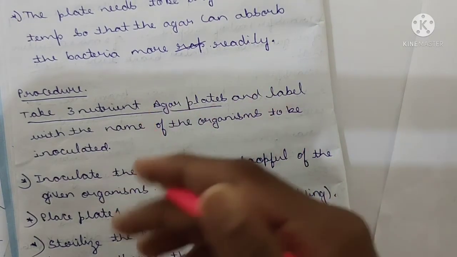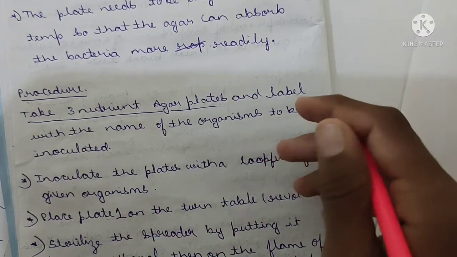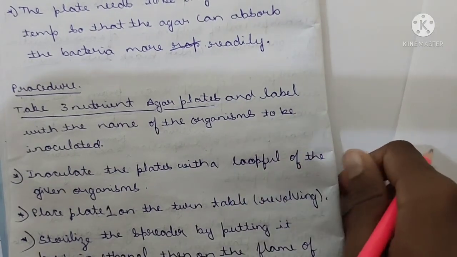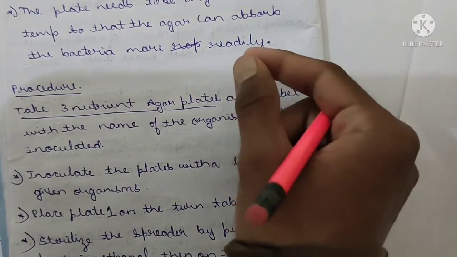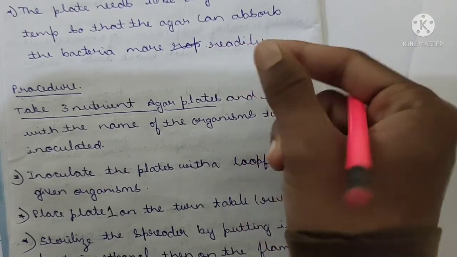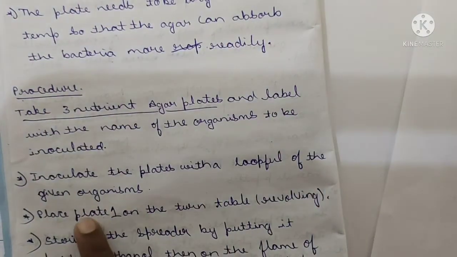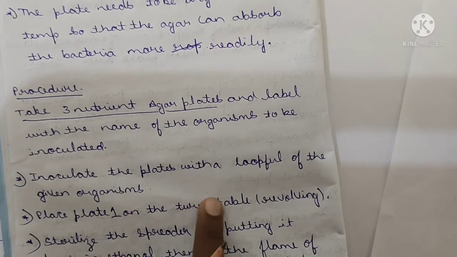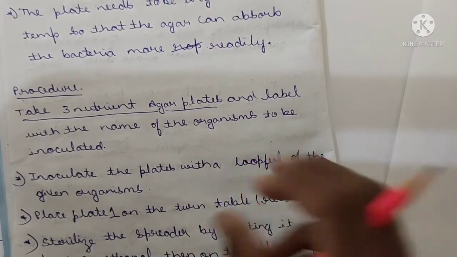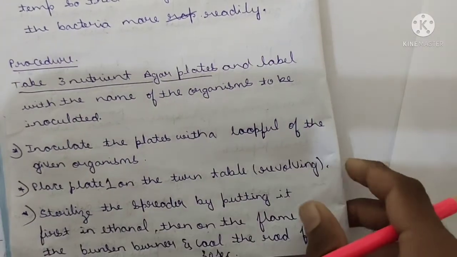We have to inoculate the plates with a loopful of the given organism. If you are given one organism, that organism should be inoculated on that plate. Then place plate 1 on the turntable, meaning the revolving table. We have to place that plate 1. Then sterilize the